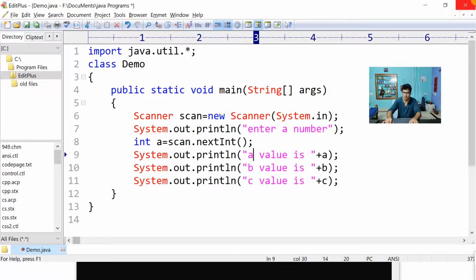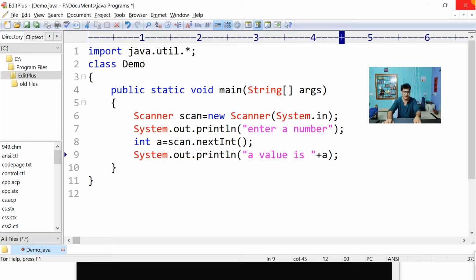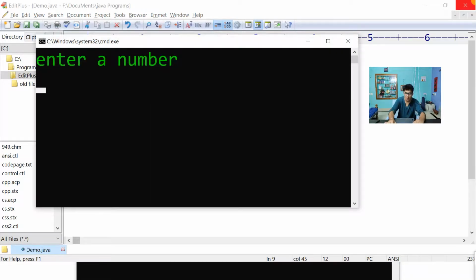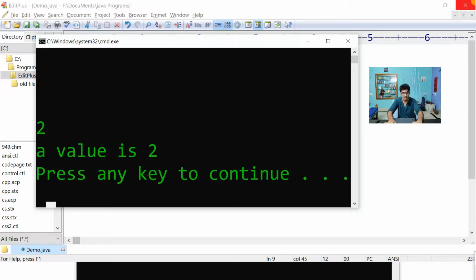If I compile and execute, enter a number, I'll enter a space. It will not take that. I'll hit the enter button. It will not take the enter button also. I must enter a number only. If I enter a number, then only this method will stop.